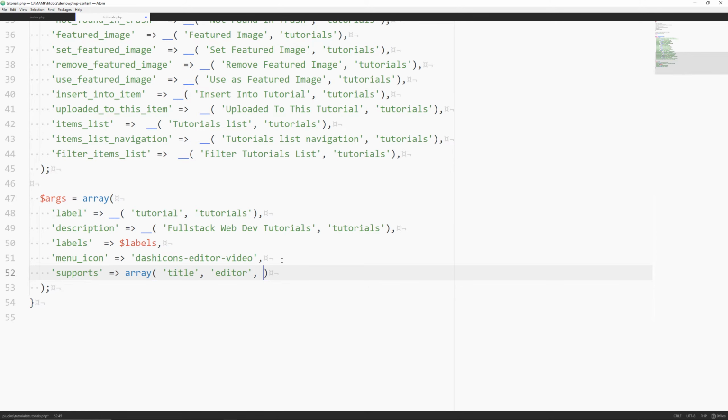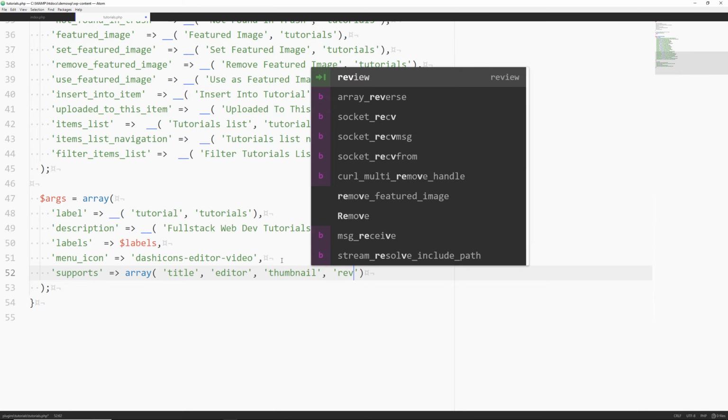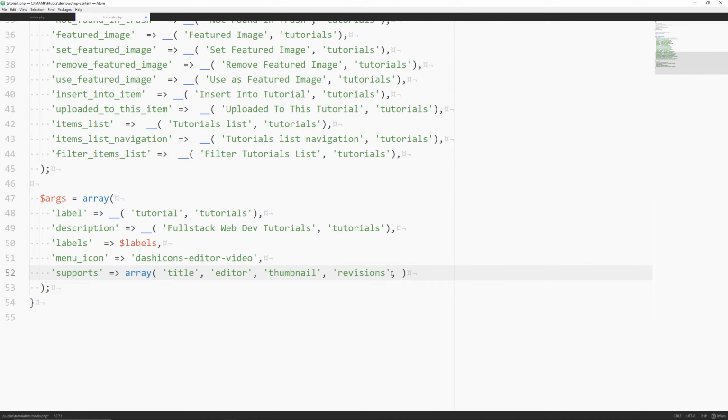We want thumbnails, revisions, author. Put a comma there just in case we want to add more items. What else could you add to that? Well, we could add page attributes, post formats, custom fields, trackbacks, comments, the excerpt, things of that nature. But we're building this out slowly, and then if we need to make any revisions, I'll come back to this.